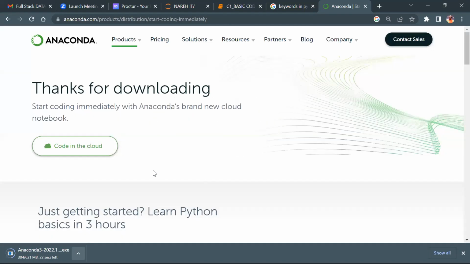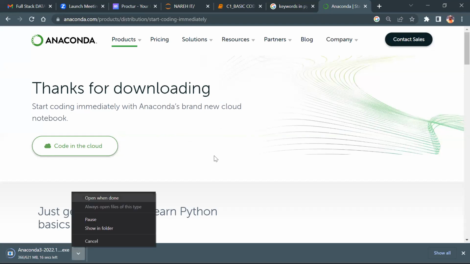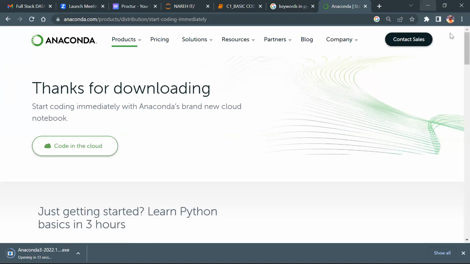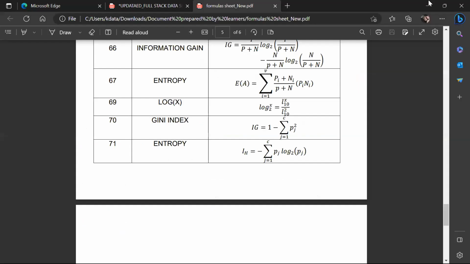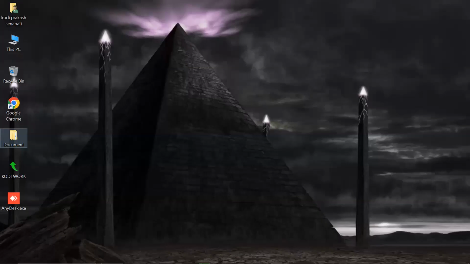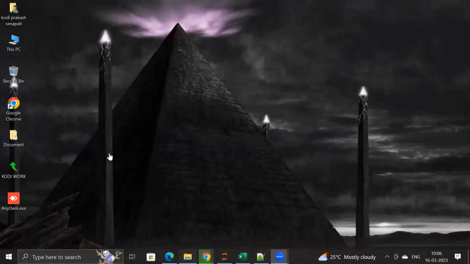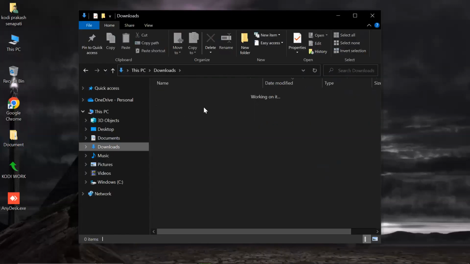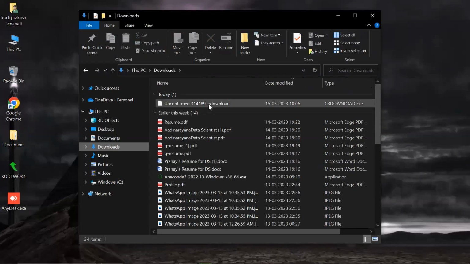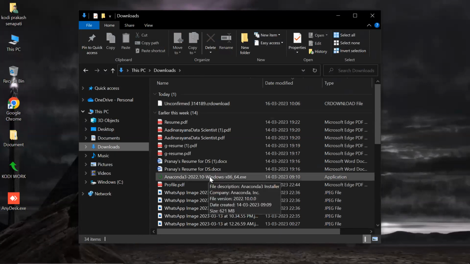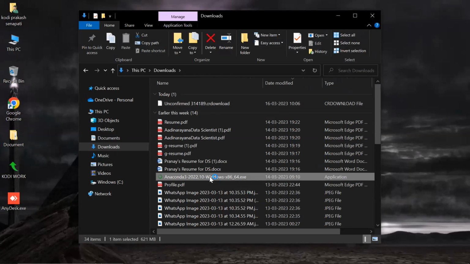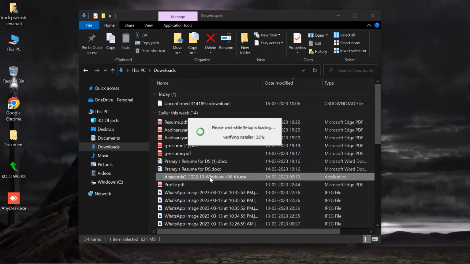Now, once you click it, just open when done. Once it's done, you go to the download folder. You know how to open downloads? Just click on this, and there is an option called downloads, and the files are loading here. Double click this one, guys. Let's wait. Okay, this is what you'll get, right, guys? We are downloading this, not a pirated version, directly from the Anaconda portal.